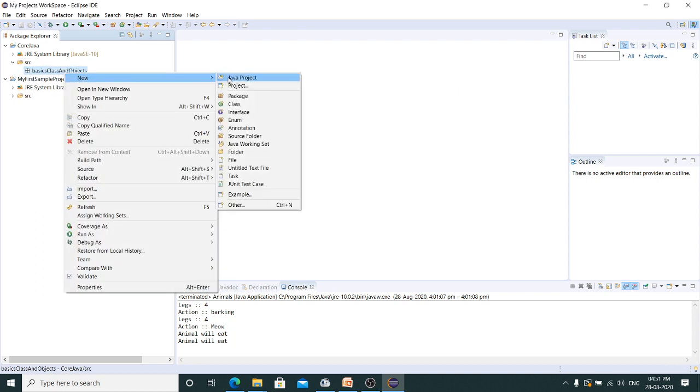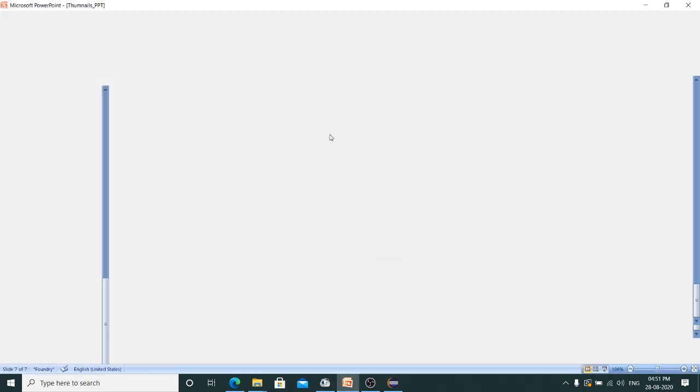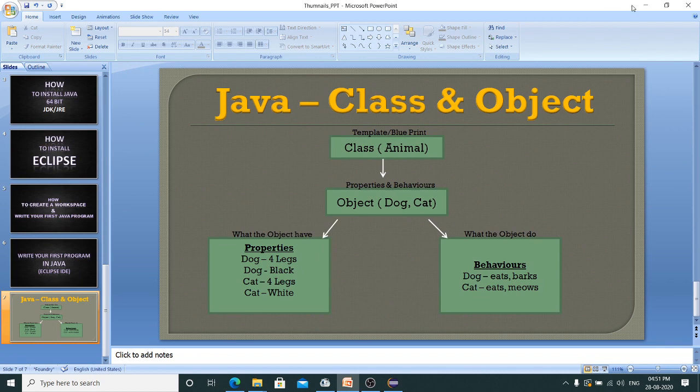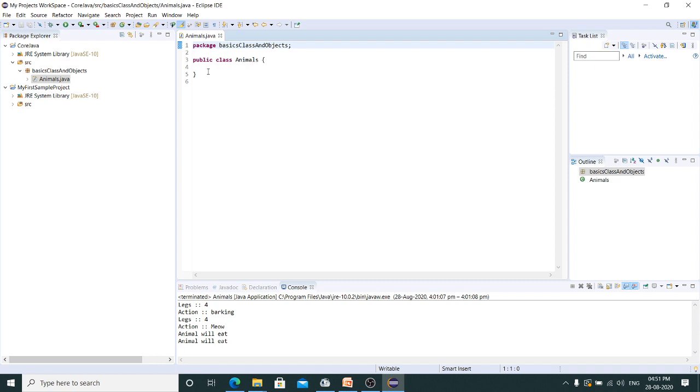Now I'm going to create a class. Always classes are inside the package. As I said to you, what is my class here? It's an animal. Okay, let's take it in plural then. So let me create a class as animals. If you can see here, inside my package I have a class created. You don't have any code inside this. Now I'll show you how objects will be created upcoming.